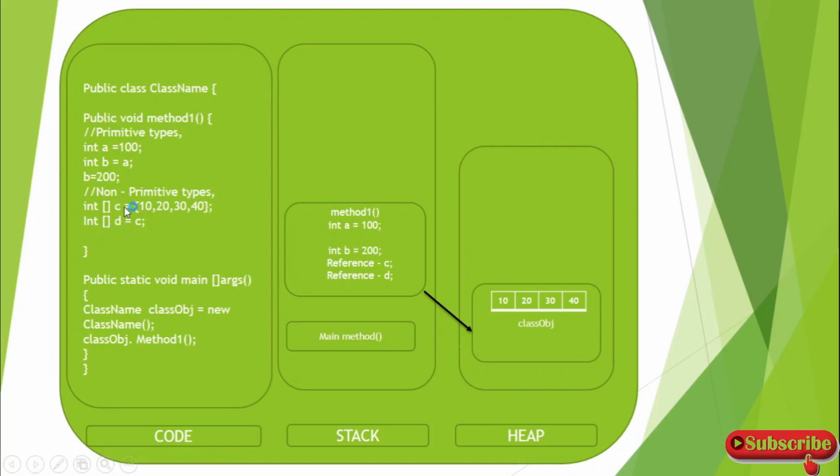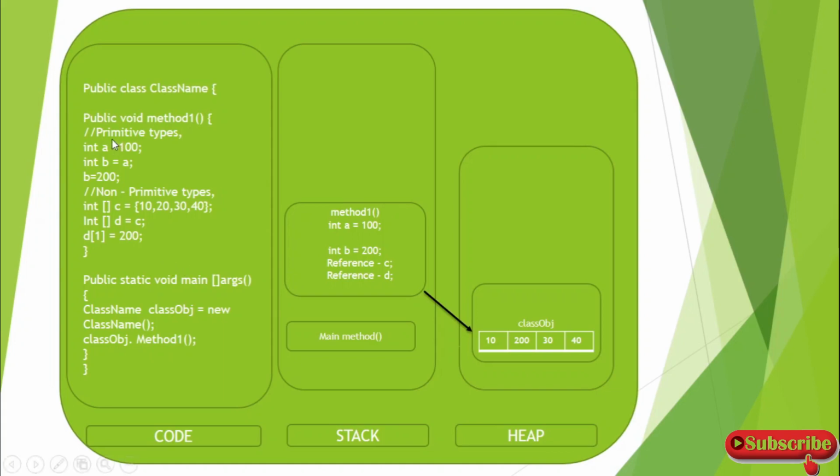So this is the difference between primitive and non-primitive. And here in the non-primitive section, if I change the first index to some value using the d reference, and I am changing the value of the first index to 200, then what will happen is, the object in the heap memory will change for both references c and d. So now c will also have the values 10, 200, 30, and 40, and the d integer array also will have the same values 10, 200, 30, and 40. Since they are pointing to the same object when copied, it is getting changed for both the integer arrays c and d.